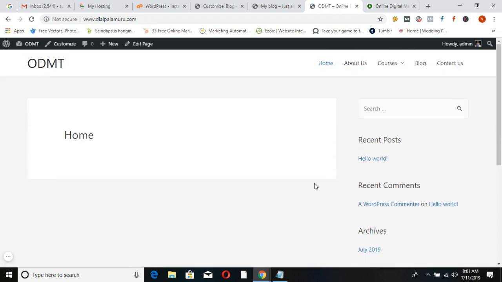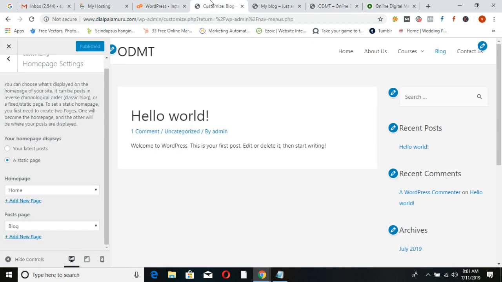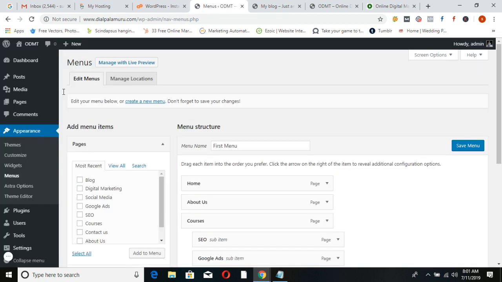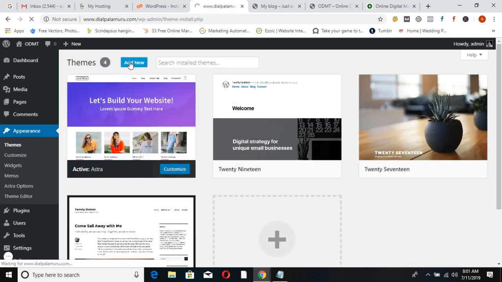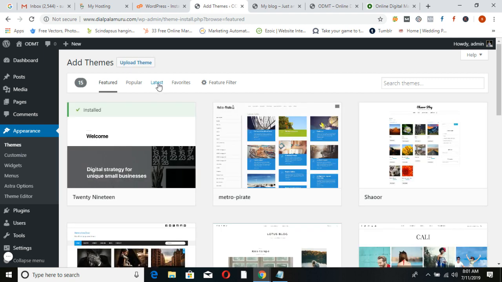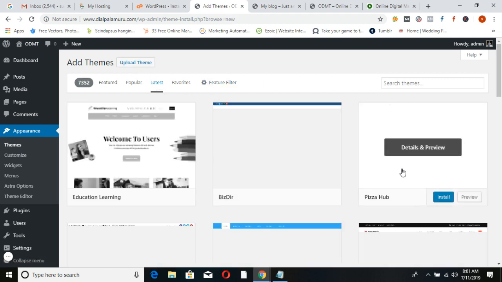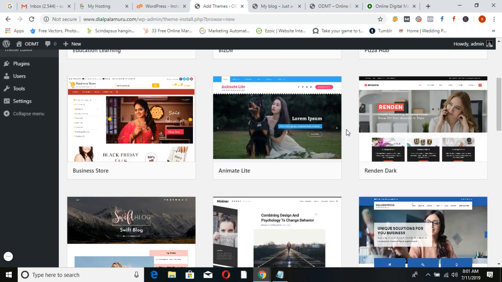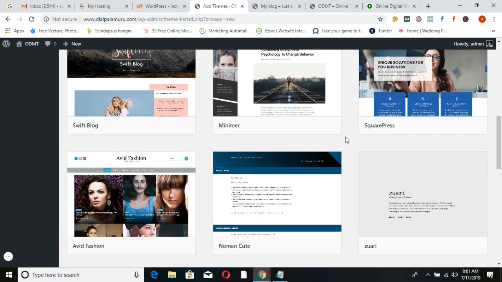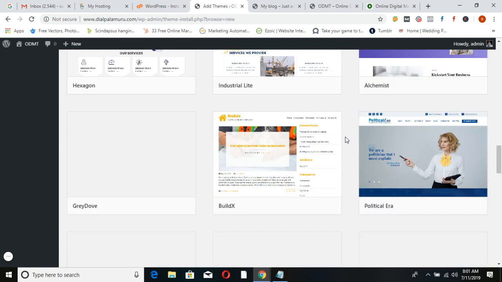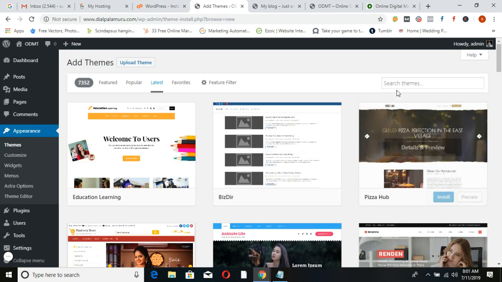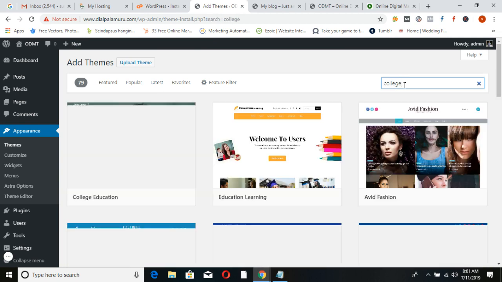Okay, everything is fine, but the theme is not looking good. Then change the theme. Change the theme N number of times until you are satisfied. So add new, latest, favorites, different themes, you can try them. No one will train you, that is your experience only. So try different themes. And if you want, you can even type here college theme, school theme, hospital theme also